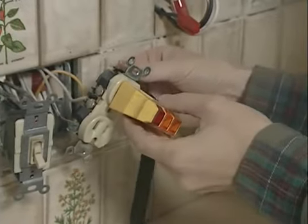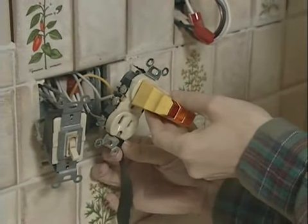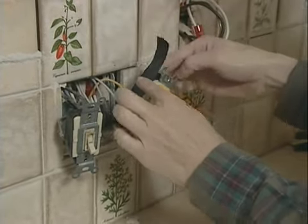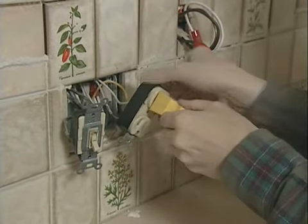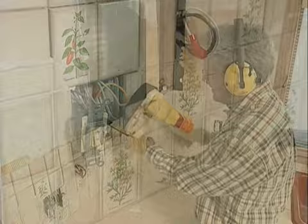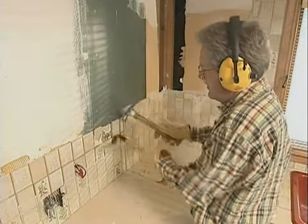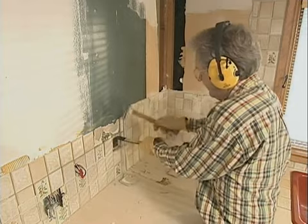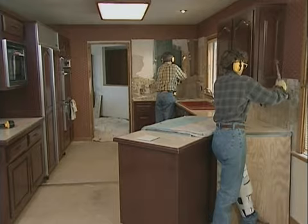Before we can remove the backsplash, we have to turn off the power to any outlets or switches, pull off the cover plates, pull out the fixtures, and cover the screws and wires with tape. Removing tile off a drywall can be a pretty chancy operation. No matter how carefully you chisel and scrape at it, it's more than likely that you'll end up tearing up the drywall with the tiles mounted on. The less that you damage the drywall, the less repairs you'll have to do to the wall